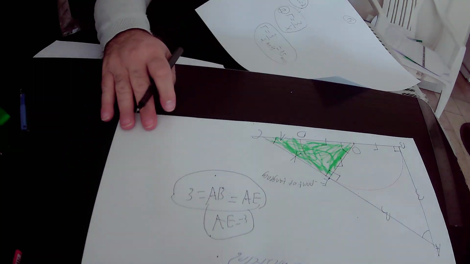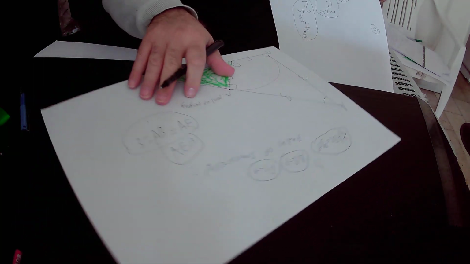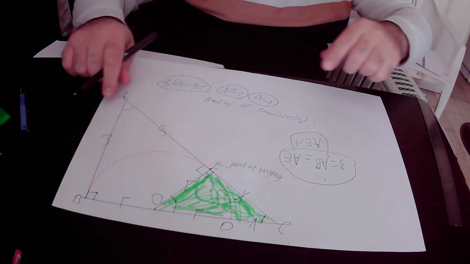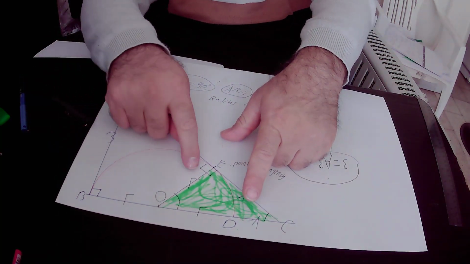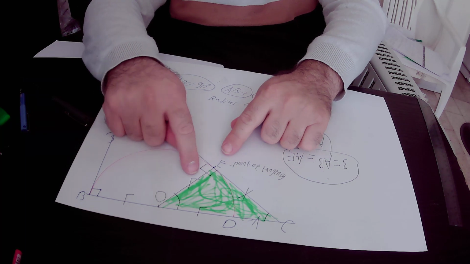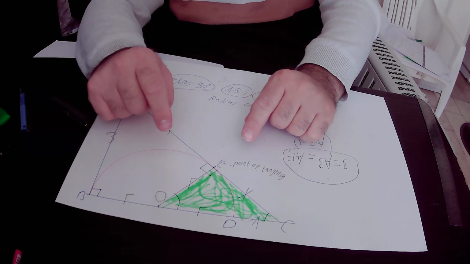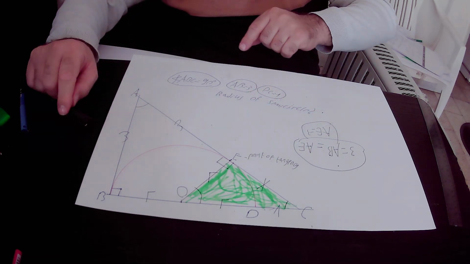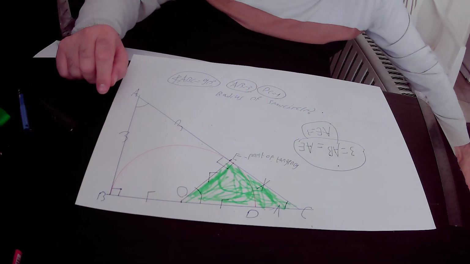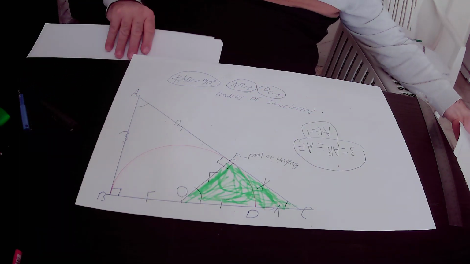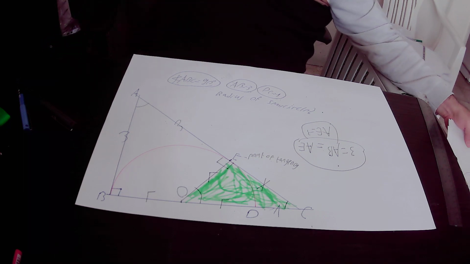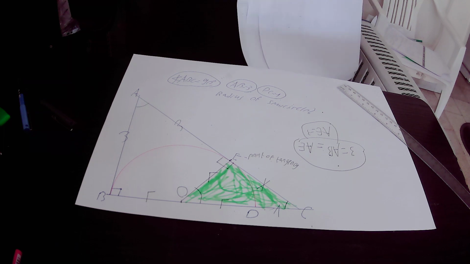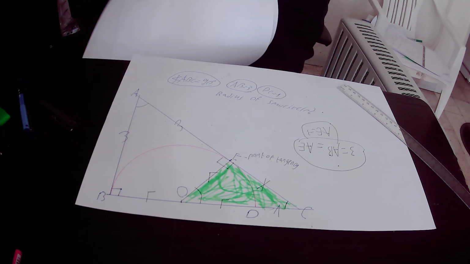The radius of the semicircle equals either 3 over 2 units or 1.5 units. I will repeat again. The radius of this red semicircle R equals either 3 over 2 units or 1.5 units. Okay, so now I will summarize the lecture. Actually, we wanted to find out the radius of the semicircle